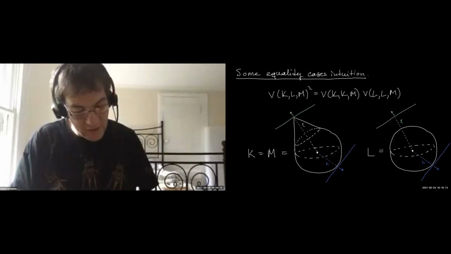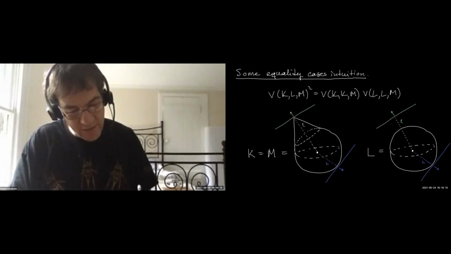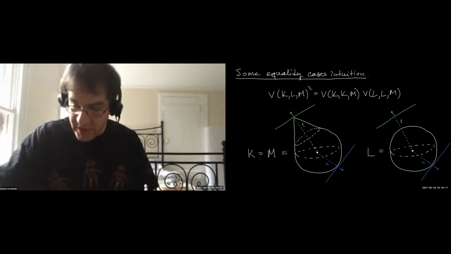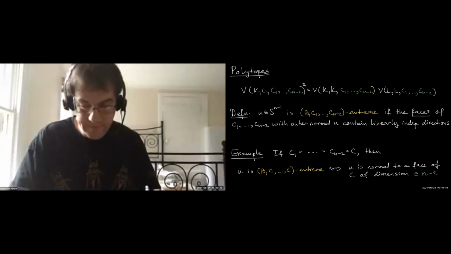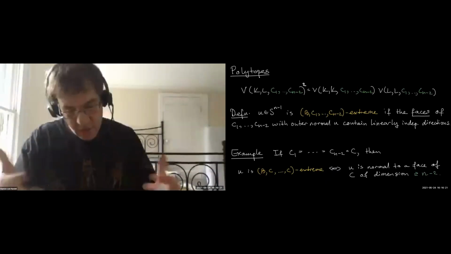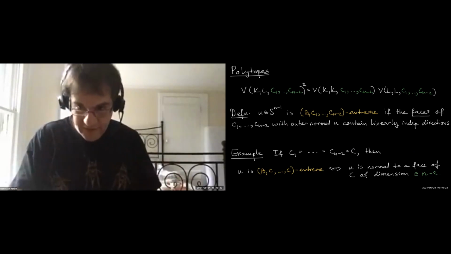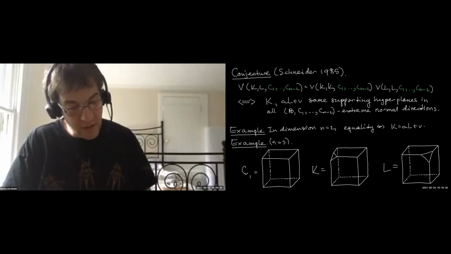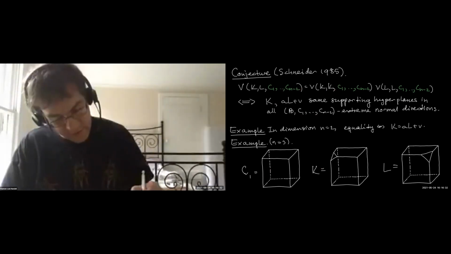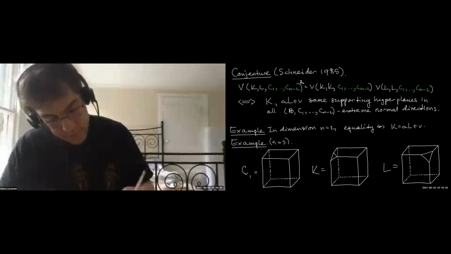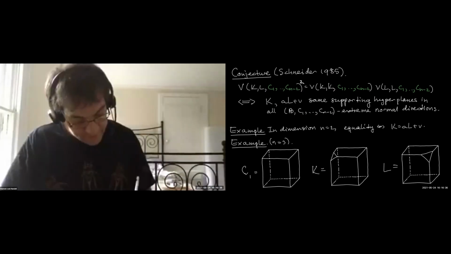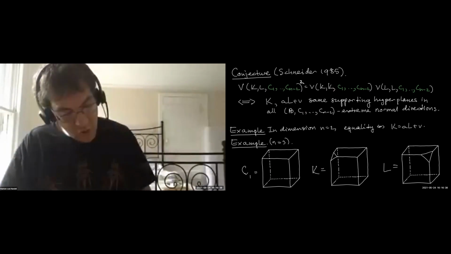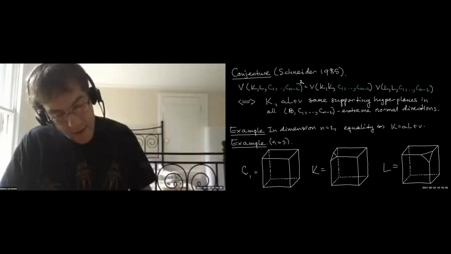And that's exactly what you see here. You see that the bad directions are normal to a corner, and in those directions, the body can differ. So again, don't try to remember all of these definitions. I'm just trying to give a flavor of what's going on. So in '85, Schneider conjectured that these were the only equality cases, right? So that you have equality, again, with a square, if and only if the two bodies K and L